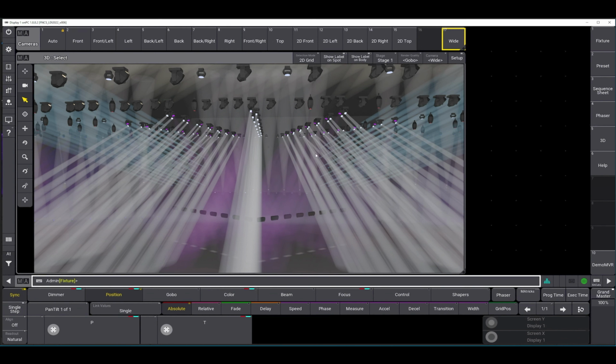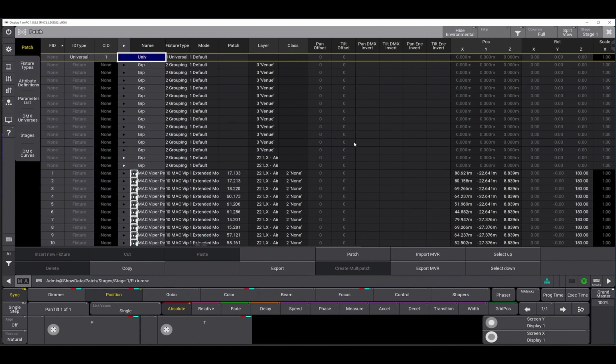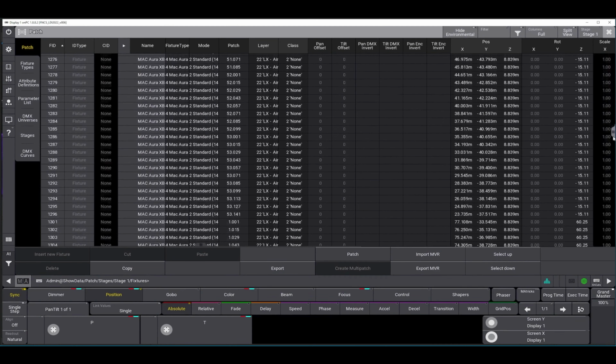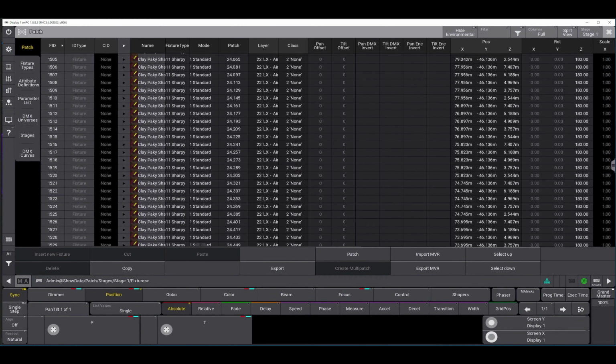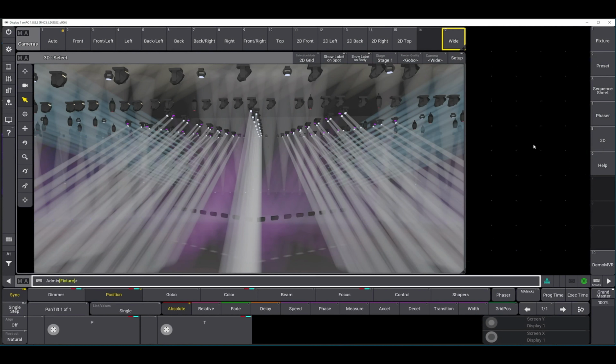One thing that did happen right away was these ones that were on the wall were inverted, and so to mitigate that, I went through and put a 180 on the Z location of it, because I think the way MA does it is they try to read what is the fixture's default orientation.